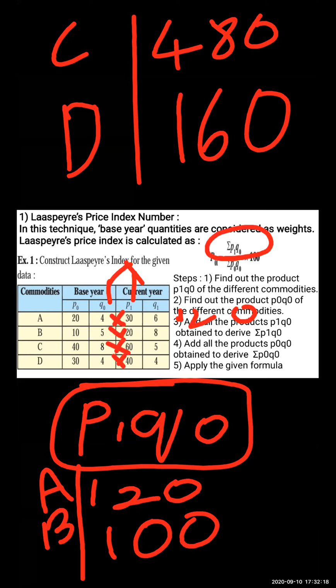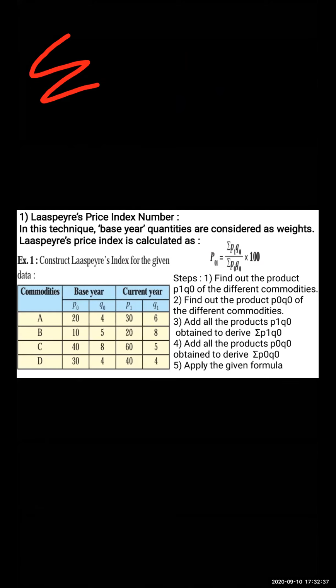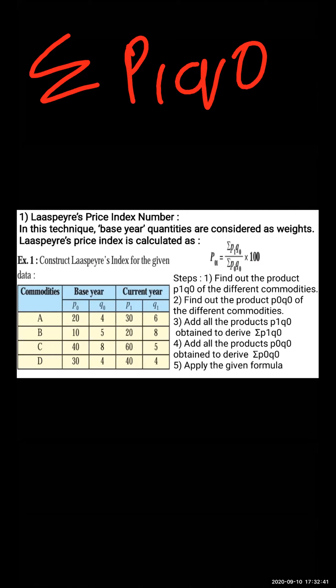When will we get the total? When we add all the four commodities' P1QO data. So add 120, 100, 480 and 160. What is the answer? Yes, Manish. Good. So the answer is summation P1QO is equal to